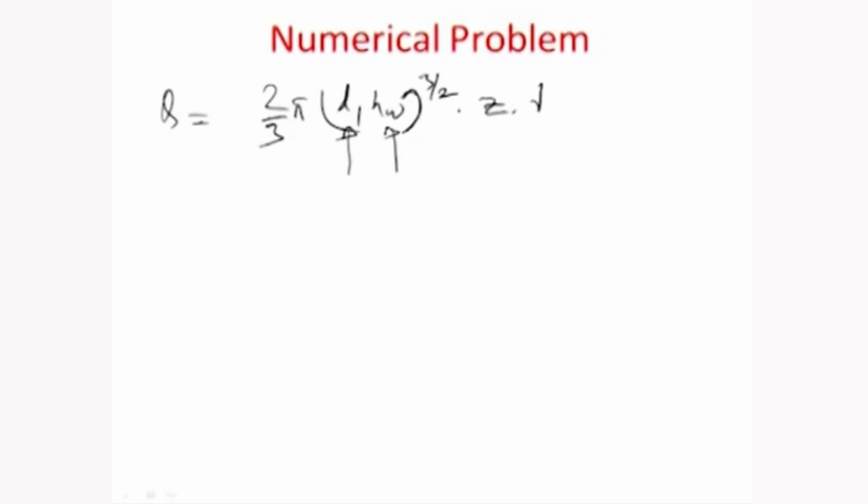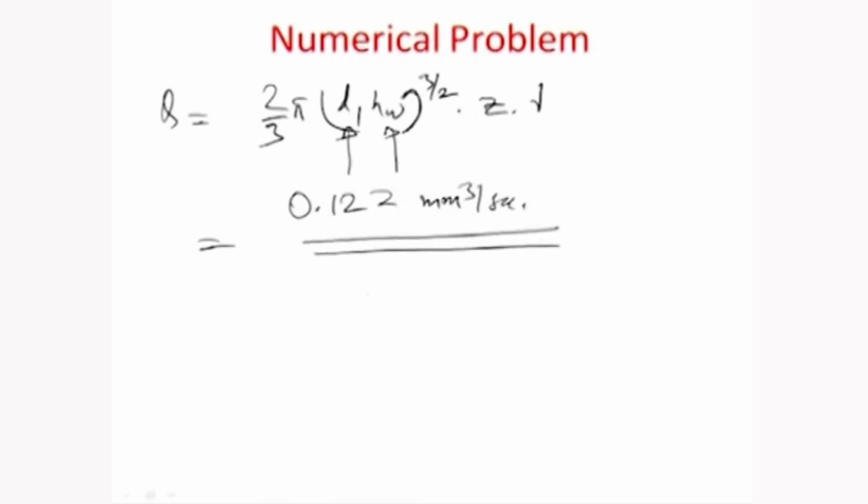So, with all this, the amount of Q that you can calculate is coming out to be about 0.122 cubic millimeter per second. Okay. So, this is not really a very high amount, as is obvious from some of the conventional machining processes, where it can be hundreds of cubic millimeters of material coming per second. So, therefore, this process, although on a comparative basis with a conventional process may not yield a very high material removal rate or yield, but does have a very high surface finish, and that is one of the reasons